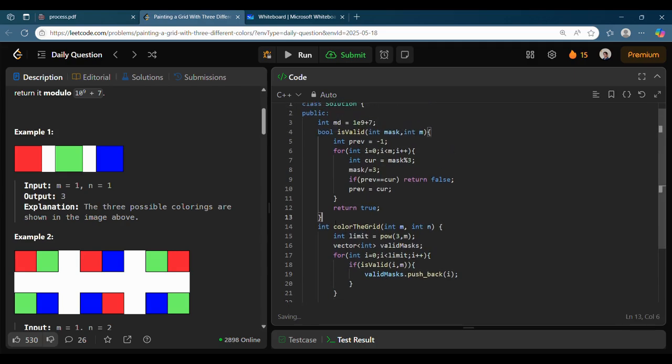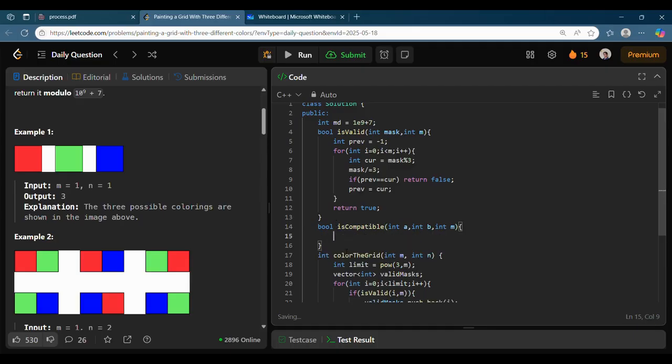Now you want to see if two masks A and B are compatible with each other. You have two masks A and B, both of length m, and you see whether they can be placed next to each other. How can you see that? Again, modulo 3, you need to check the mod 3 values.